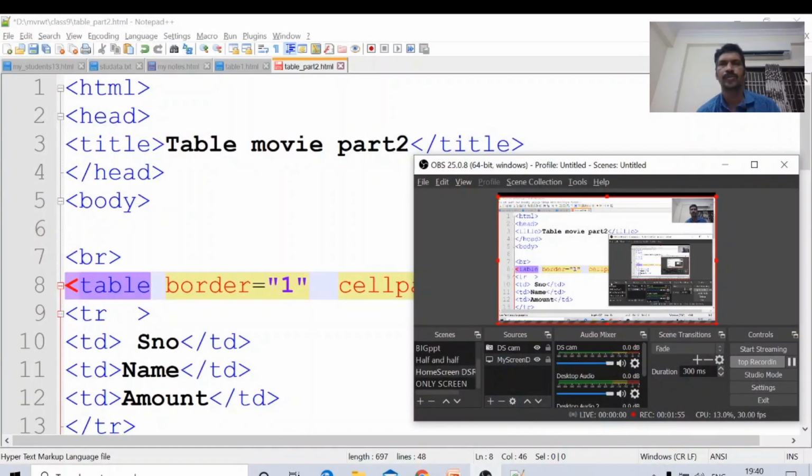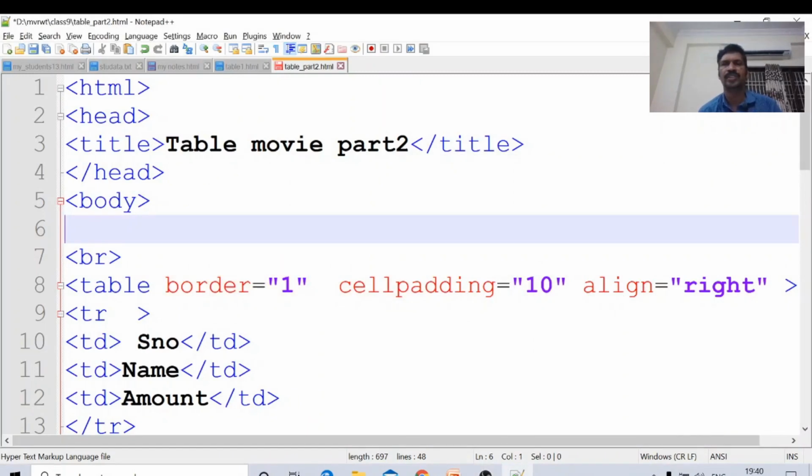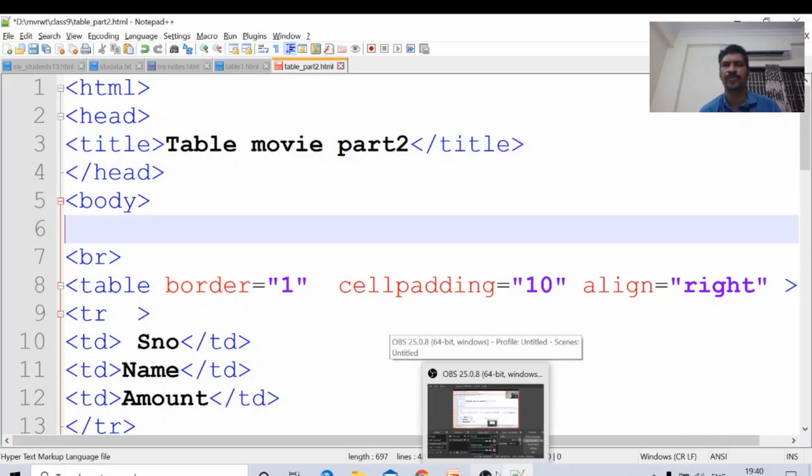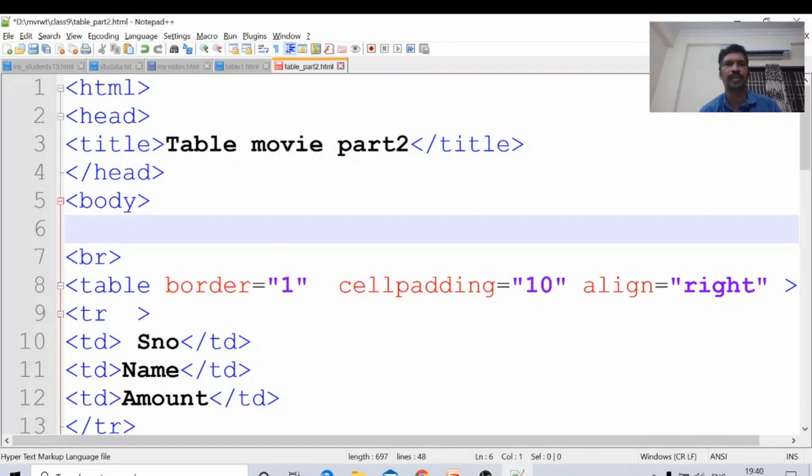I will keep the second table. Okay, this is the table. I am aligning it right. Table align equal to right. This is the table I am keeping, and for this table, align equal to right. Only one table is there here.